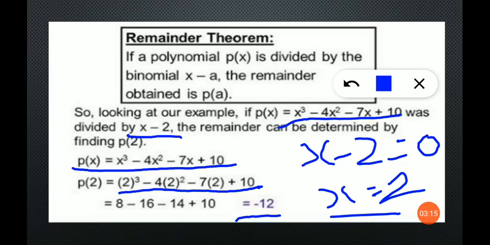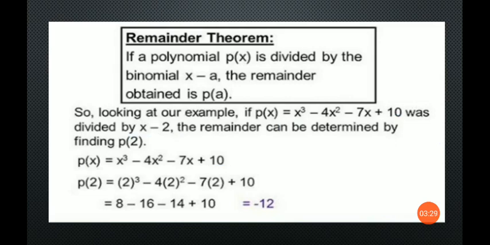If you want to check, then divide p(x) by x minus 2 by the long division method and find out what the remainder is. Do the division by long division method fast. Done. Okay, what remainder are you getting? Same? Yes, we get the same remainder, minus 12, while doing the division also.